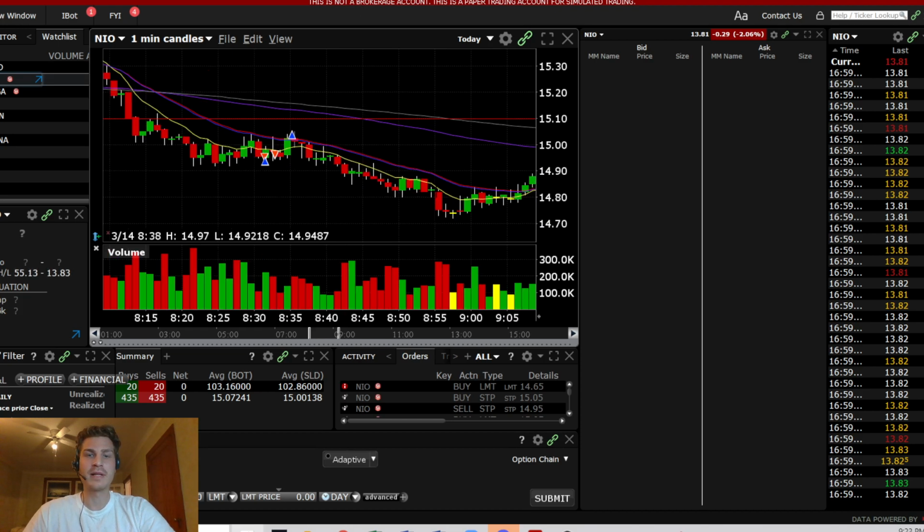But you know what? I'm kind of glad that I lost on this one because there was no strategy here. This was like a range play, essentially, which I don't have a specific strategy for. I do enjoy them, I do like them, but I don't have any clear-cut guidelines on that. Even as I was trying to write it, I was like, what did I put here? Entry signal, buying in the range,